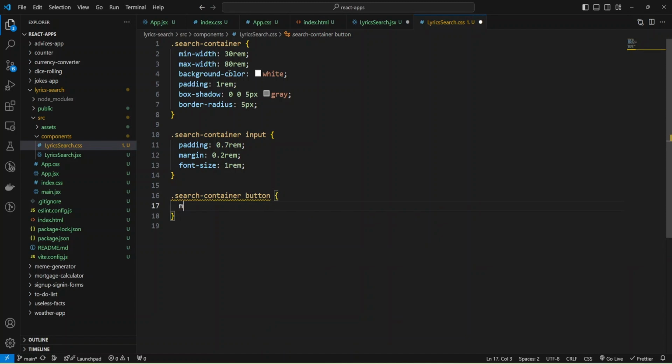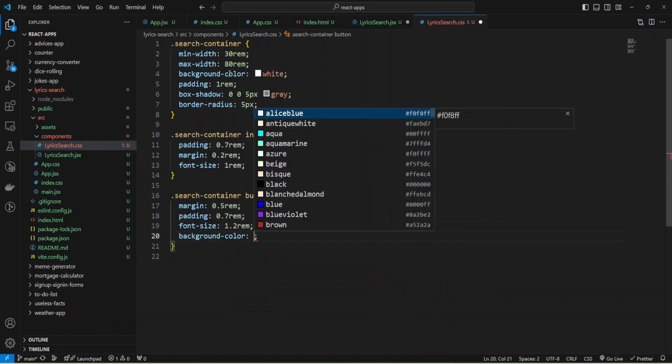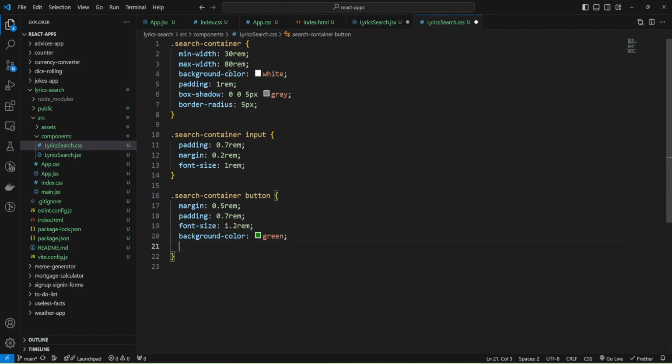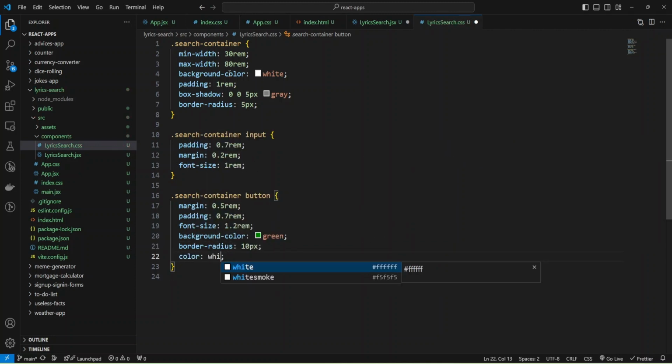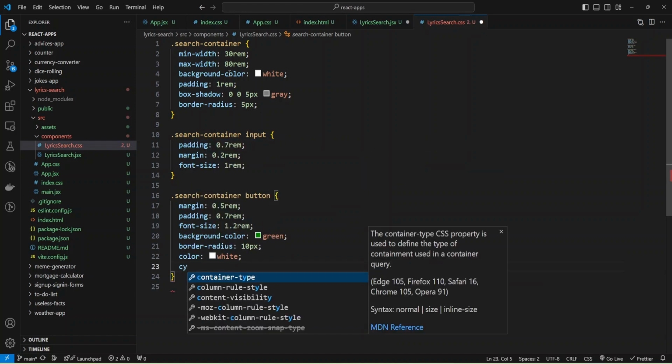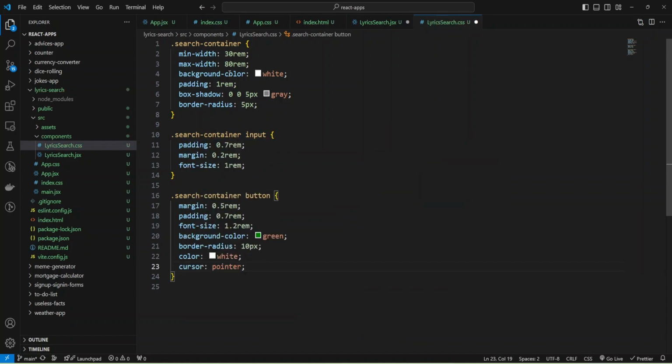I can add margin 0.5 rem, and also provide the same padding as for input, and also increase font size 1.2 rem, and also provide background color green, and border radius 10 pixels, and also make color of the text white, and make cursor pointer, and make border none.